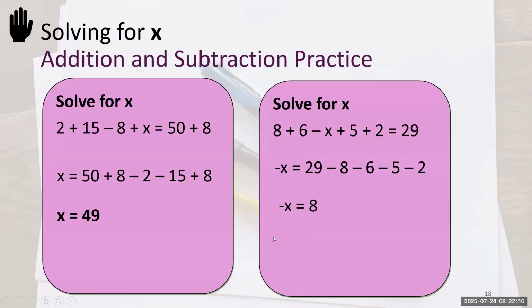And all we got to do is multiply both. And that leaves us with, if you go 8 times -1, that's going to give us a -8. It's doing the opposite of the x on this side.